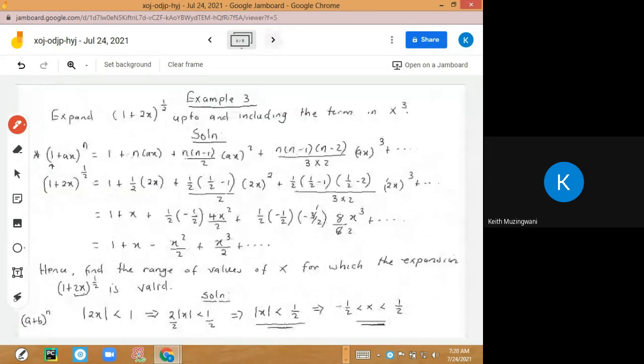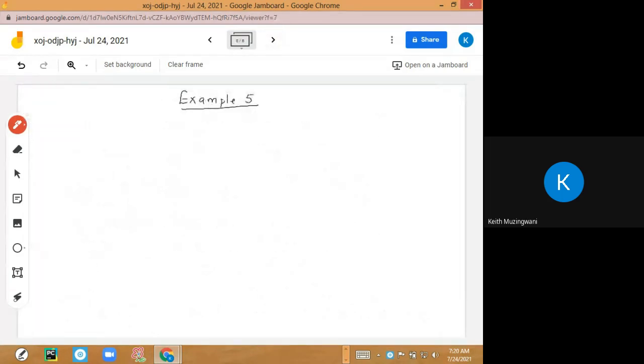This will help us to answer questions that come in the nature: find the eighth term